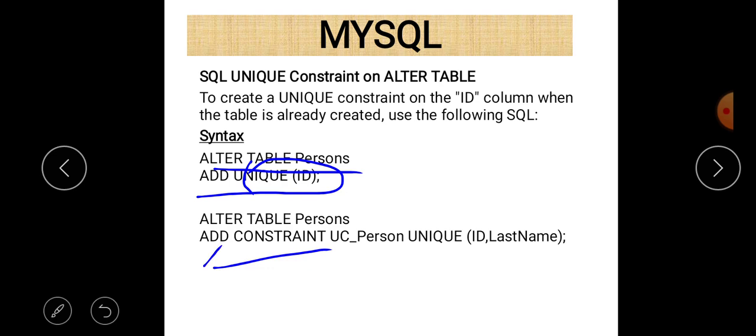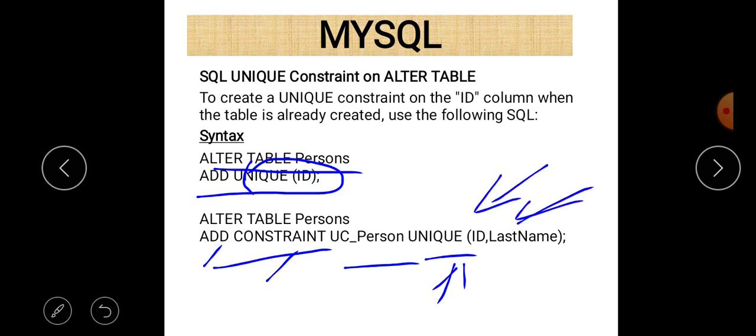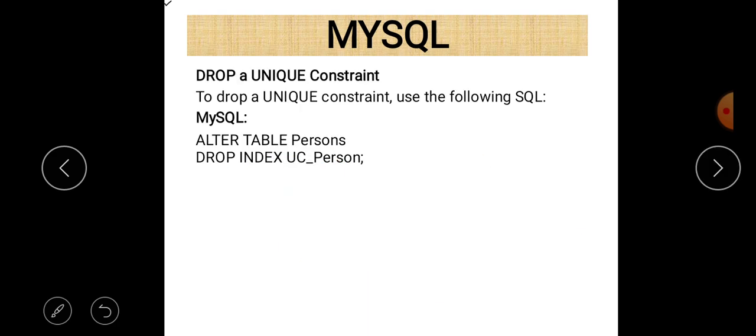So first of all, write add and then constraint and the name of the constraint. The name of the constraint is UC person, and then after unique, because here we want to add a unique constraint on two column names, ID and last name. So now ID and last name become unique in the table persons.